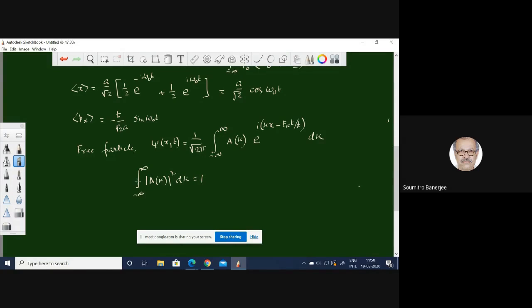If you ensure that, then it also ensures that psi star psi, or mod psi square, also integrates to 1 by Plancherel's theorem. So effectively here, you may have a function something like this to start with. That means the particle has a larger probability of being here, a smaller probability of being there, smaller probability of being there. But as time progresses,